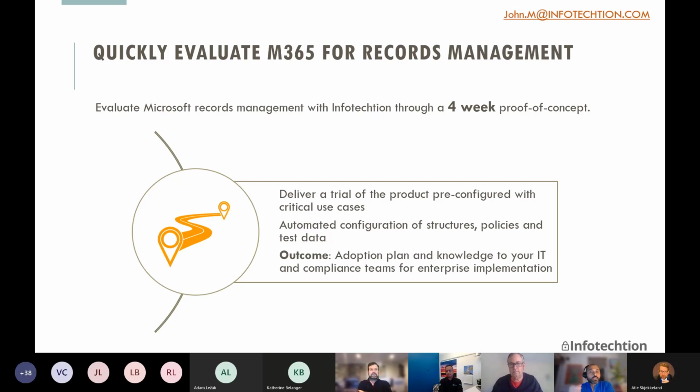But having some of these capabilities baked into the system, for example the POCs, now take 4 weeks. Compliance assessments take a couple of days, and they are real because the information is already there in your tenant, and all we do is help you better interpret that information and bring it out in a way that is helpful to you